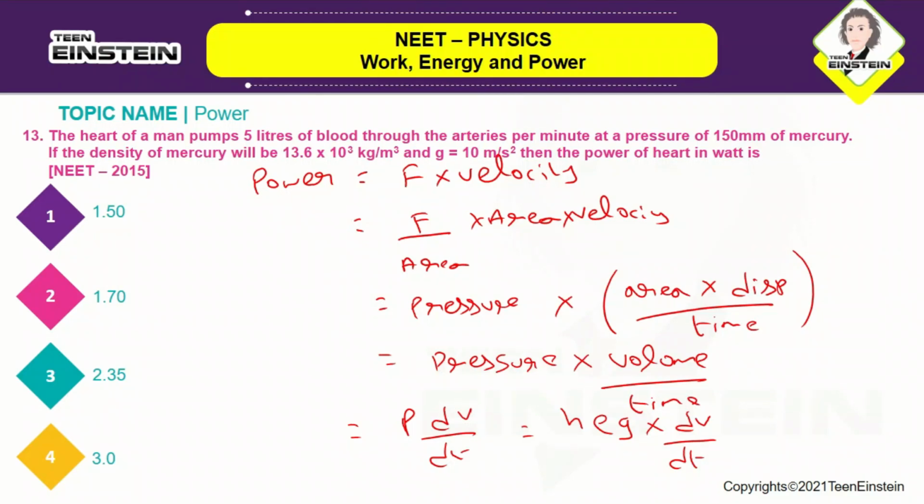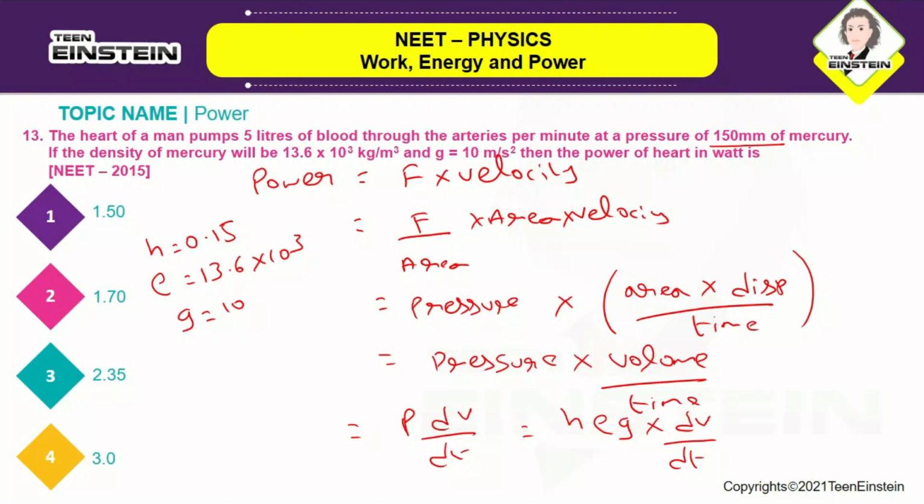So here rho is 13.6, so that you can write down, and how much height it is moving is 5 liters of blood. So H is 5, and next one is g value. Here they have given the value of H as 0.15, because it is 150 millimeter, you are converting it into meters. So H value is 0.15, and next is rho. Rho they have given as 13.6 into 10 power 3, and g value they have told us to take as 10, and dV by dt will become 5 into 10 power minus 3 by 60,